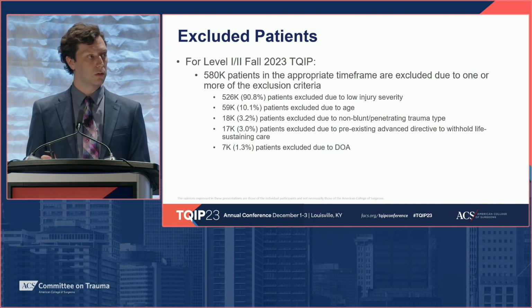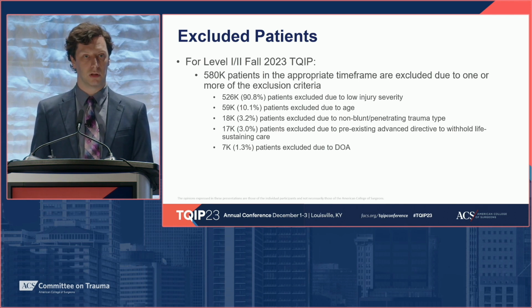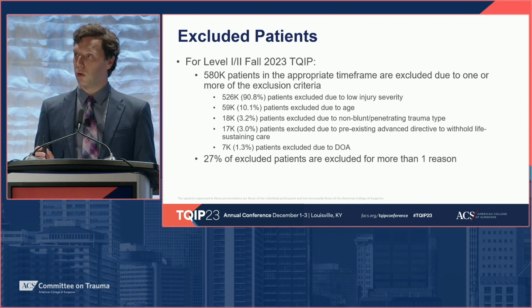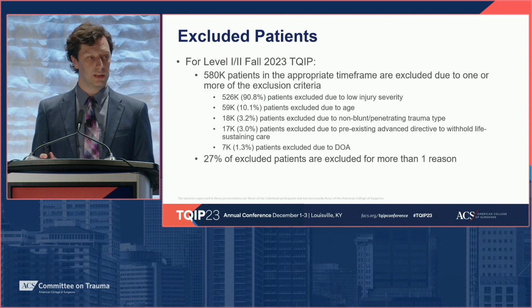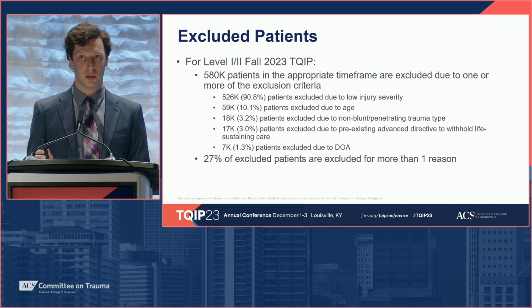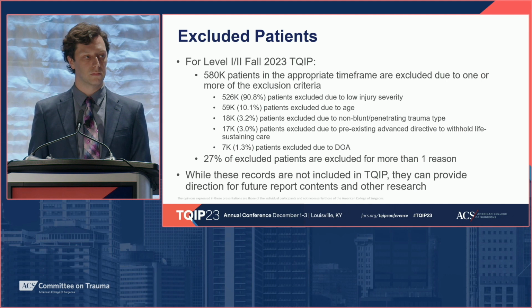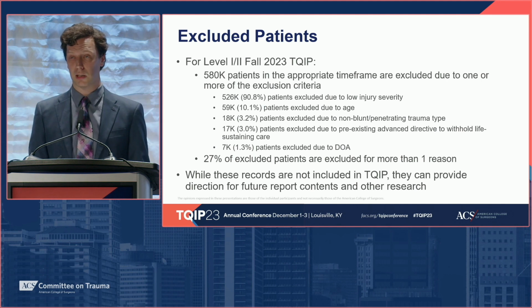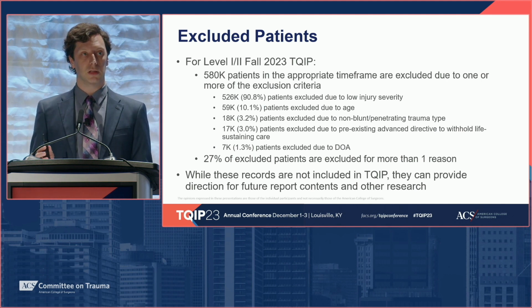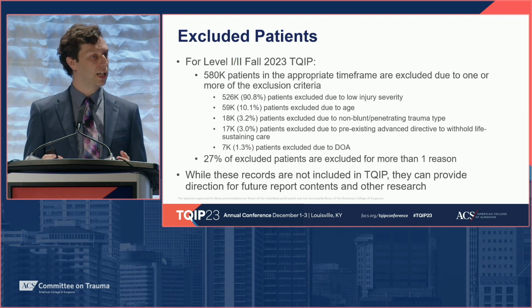About 1% were DOA, and a very small number had severe burns. Note, a patient can be excluded for multiple reasons. About a quarter of patients are excluded for more than one reason, so those percentages do not add up to 100. So while these records are not included in TQIP, they still can provide direction for future report contents and